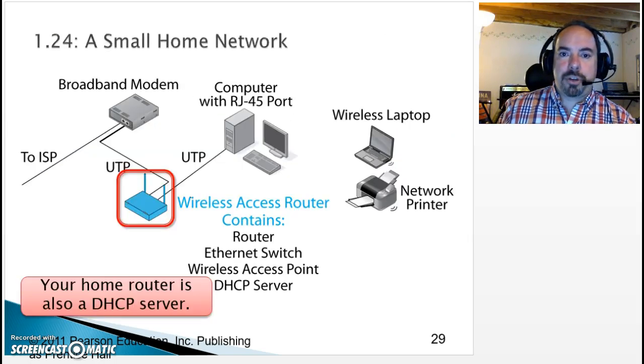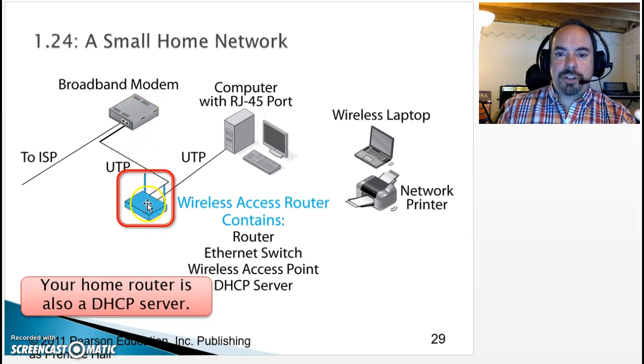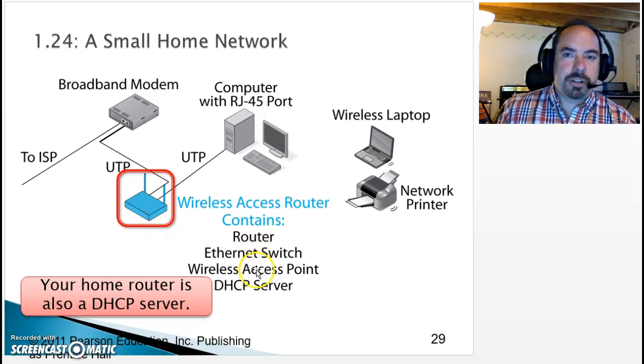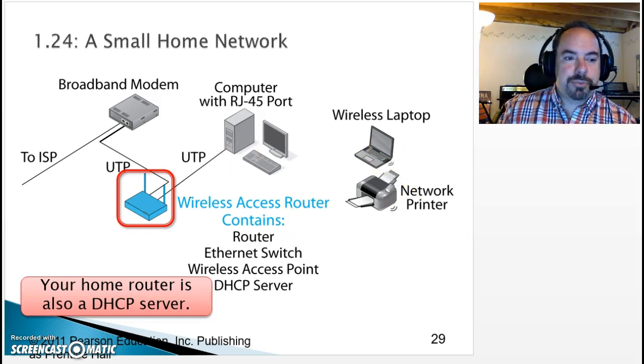But first I want to talk about how, this is probably how your network at home is configured. You've got maybe a cable modem with Charter. You've got your cute little Linksys or D-Link or Belkin box that's everything. It's a router, it's a switch, it's a wireless access point, it's a firewall, it's also a DHCP server, so you don't need a separate DHCP server because this box is acting as your server. And your printer, your laptop, everything's going to pick up a DHCP address this way.